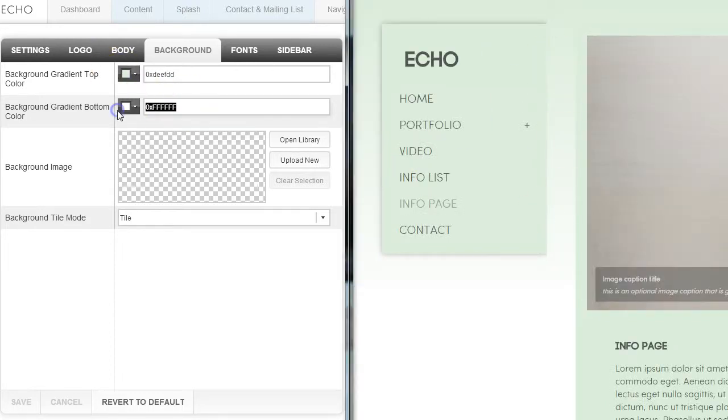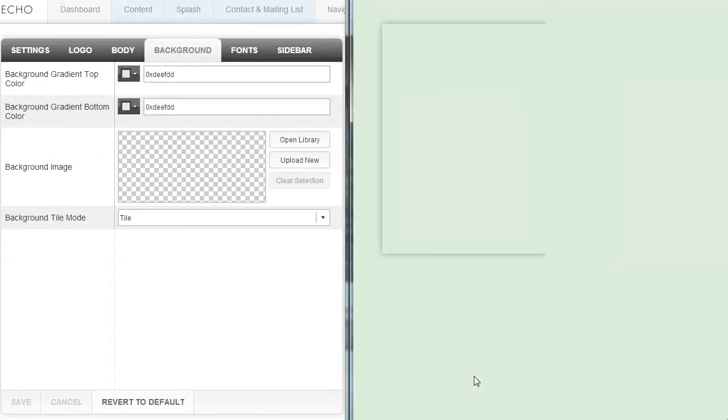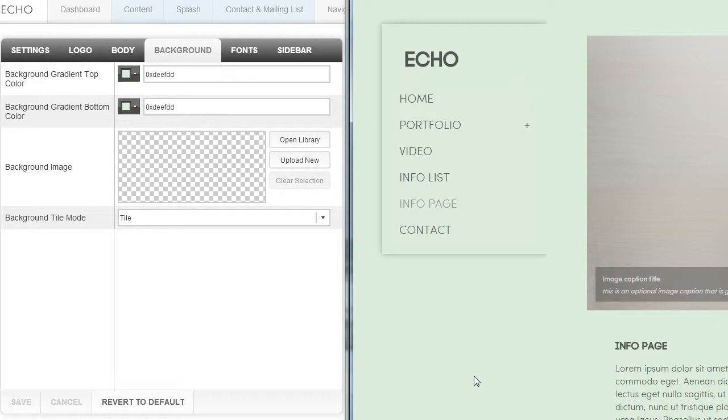But if I wanted it to be a solid color, I just blend the same color into itself. I click save, and then you have all of that blending into each other, and you got rid of all the shadows, and everything's starting to look really simple and flat. So now let's go ahead and skip over the fonts because we covered that in another video, and let's go